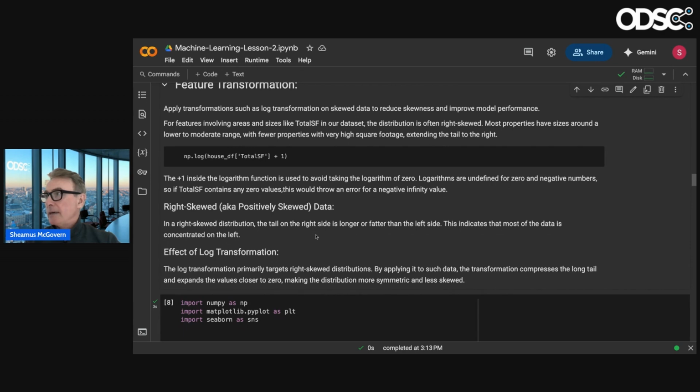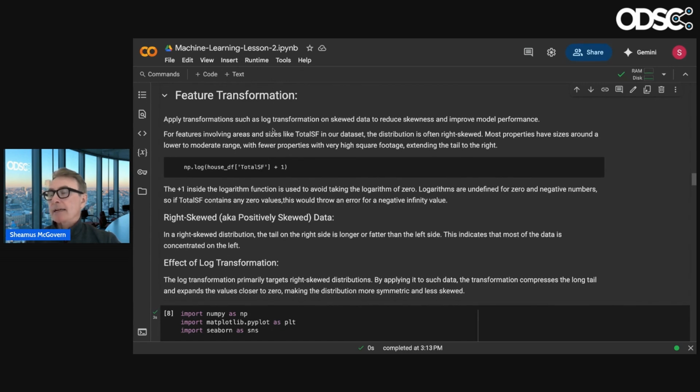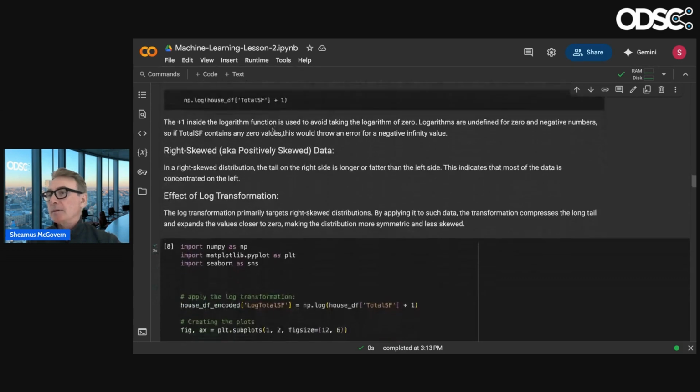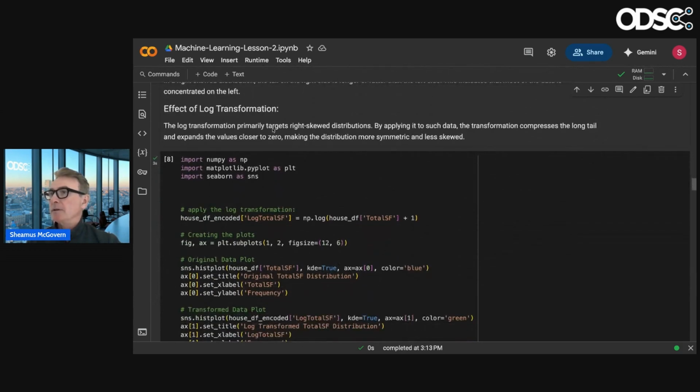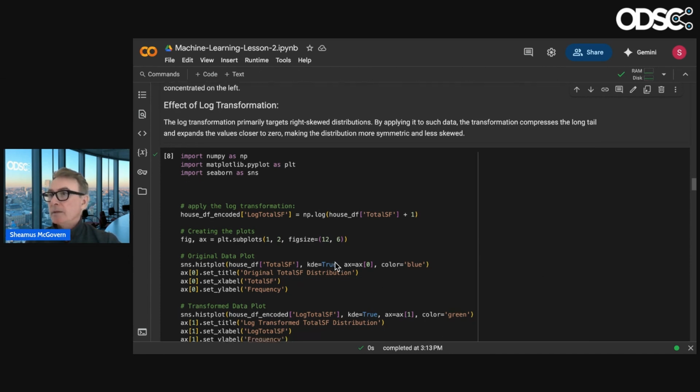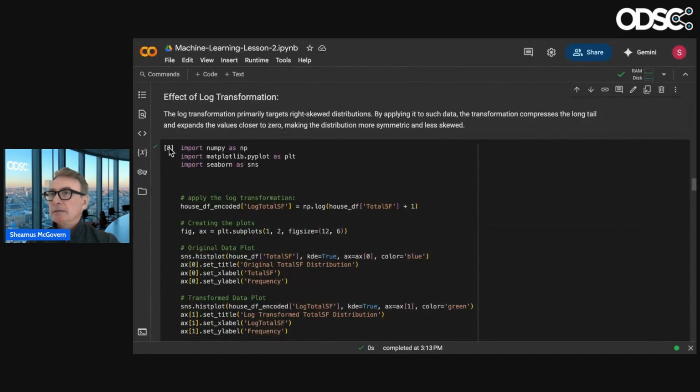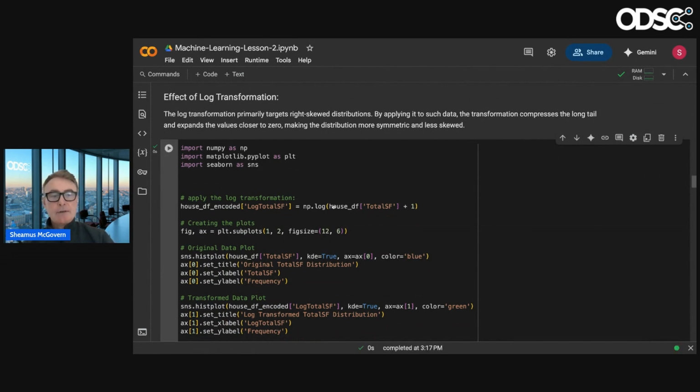Because we've got these varying variables, a log transform here can be quite useful. And we have a right skewed distribution, right? So log transforms are generally good for right skewed distributions. So how are we taking care of this? I'm just checking if I have any questions, because usually I have a few more. Okay. So here we're using the NumPy library for the log, and we're using 2 of our matplotlibs here.